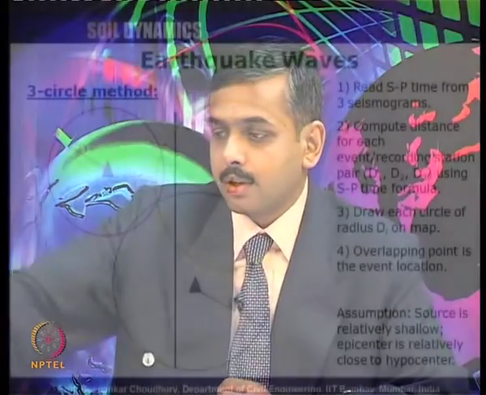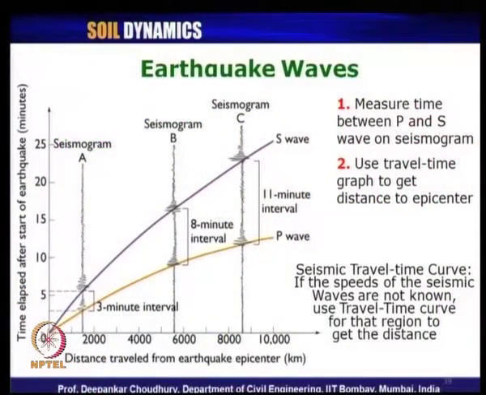This is the way, because the waves travel, and the P wave and S wave have a substantial amount of difference in their velocity, and that is why in their arrival time. So, that is how we can compute the location of the earthquake epicenter in this way.